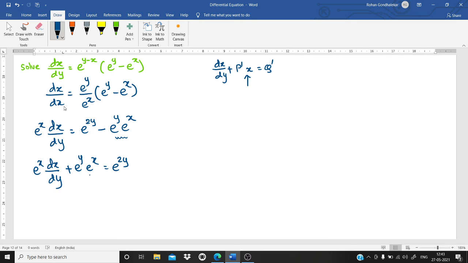Now look at this. Here we require the x raised to 1 and the coefficient of differential should be 1. But here what you have? e raised to x as a coefficient of dx by dy. And in place of x raised to 1, the term is e raised to x. So if I say this is my f of x, what is f dash of x? It is e raised to x into derivative of x with respect to y. So what I do is I make a substitution v as e raised to x.